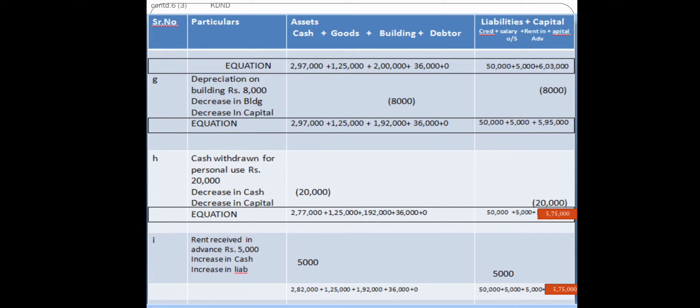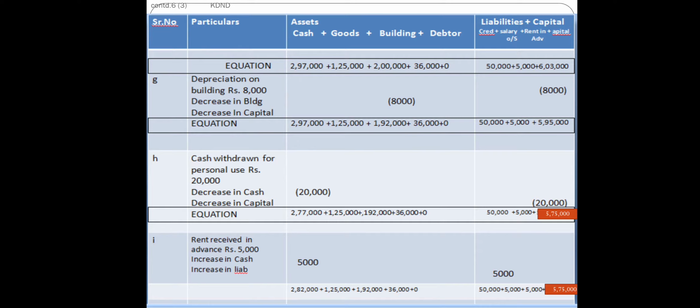Then comes rent received in advance, rupees 5,000. So I am receiving rent in advance. This is again something like income which is not yet due. It is income that is not yet due to us, it belongs to next year, but we have received it from now, right? So interest or rent received in advance, which is not due and you are receiving in advance. There may be a chance that next year it may be asked back by that person because he may not want to avail the services.